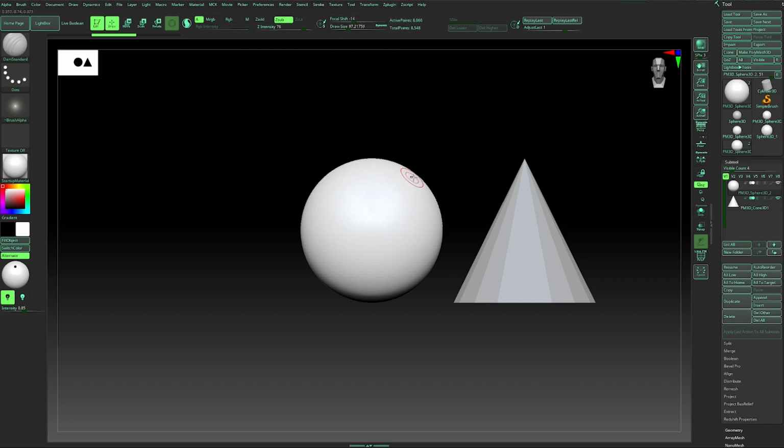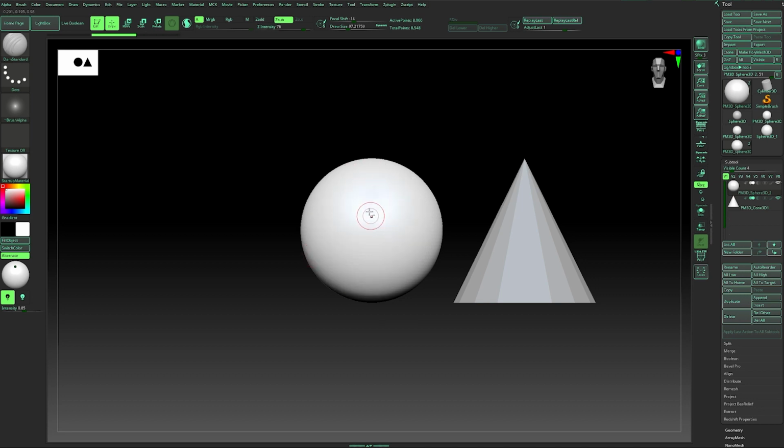And with the lazy mouse, as you can see, there's a line before my sculpt is actually carving. And if I want to change the directions, you see, the line goes around, but no actual sculpting on my model. And I have more control this way.